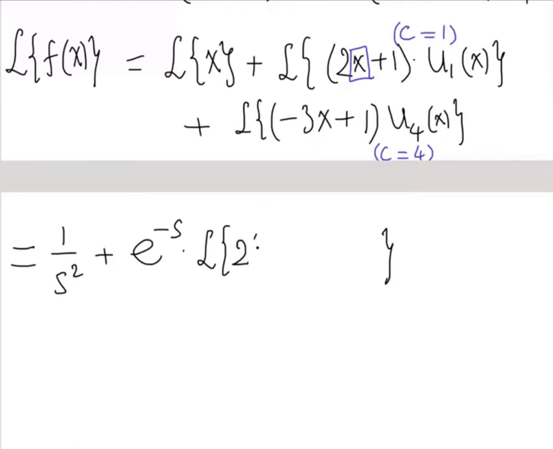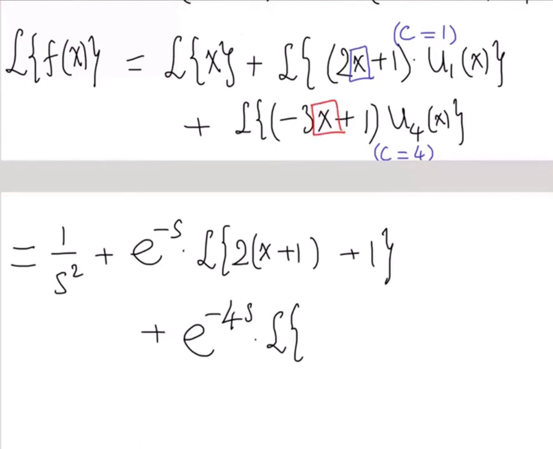So we have 2 times x replaced by x plus 1, and then we have plus 1 at the end already. Similarly, for the second Laplace transform of the cutoff function, we have e to the minus cs, which is e to the minus 4s, Laplace transform of, this time we replace x by x plus 4, so minus 3 times x plus 4, and then add 1 at the end,